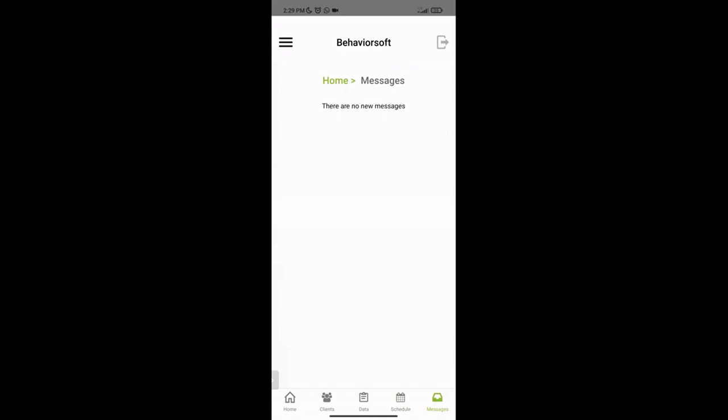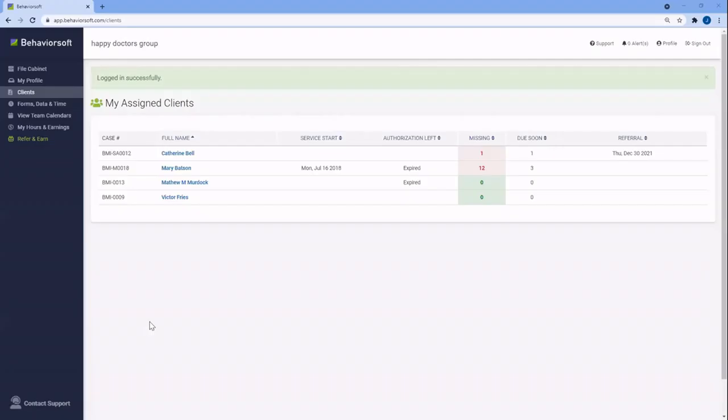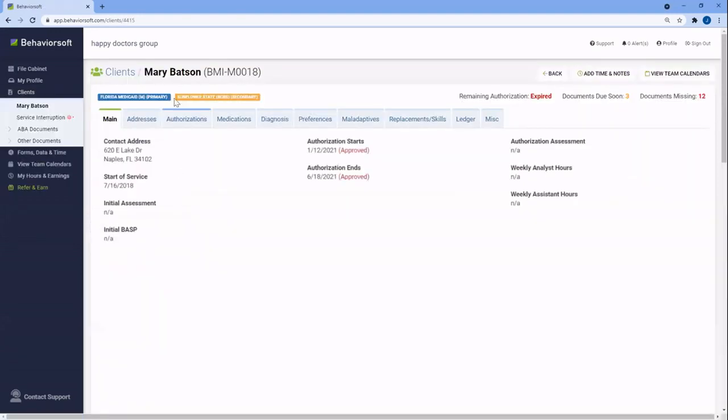Now, what happened to that data we collected? Let's see that on our website. So I'm going to go ahead and show you what would happen if you logged in as that therapist. So now that therapist has logged in to the website and is going to create the note for that visit with Mary. So I'm going to go ahead here